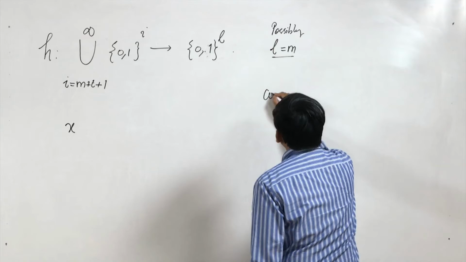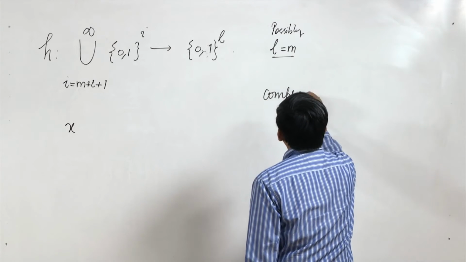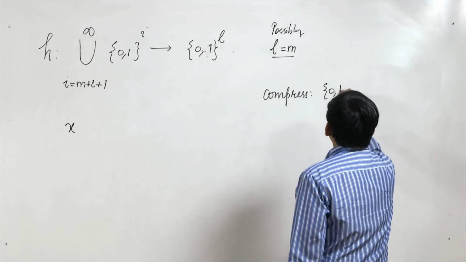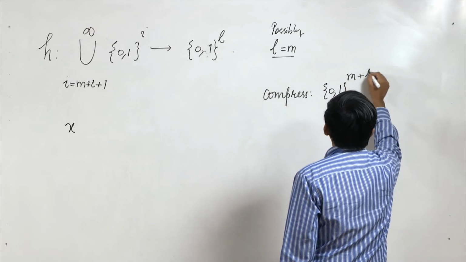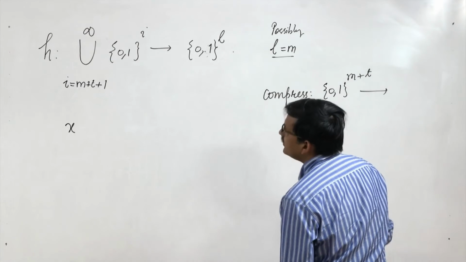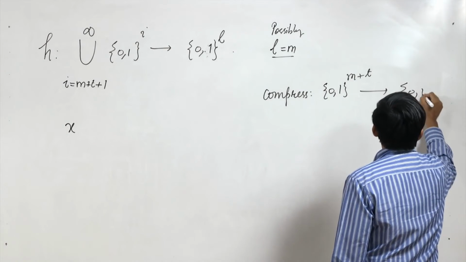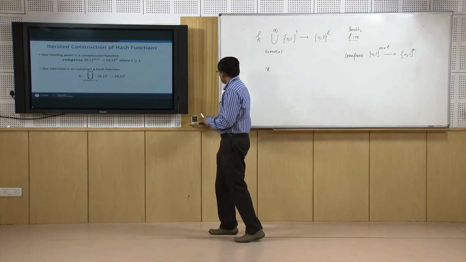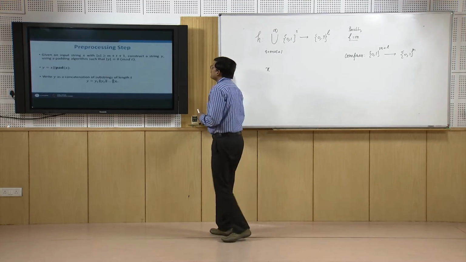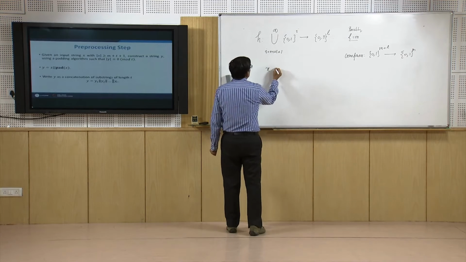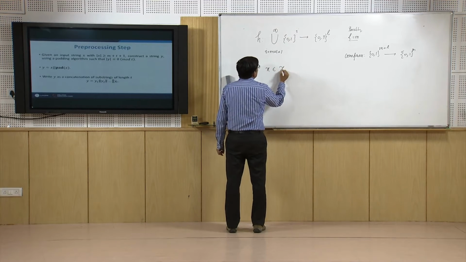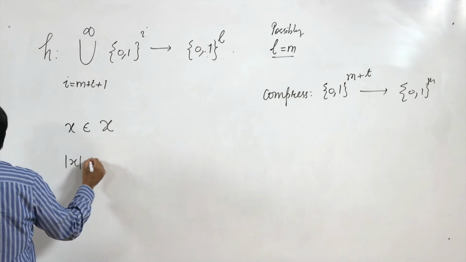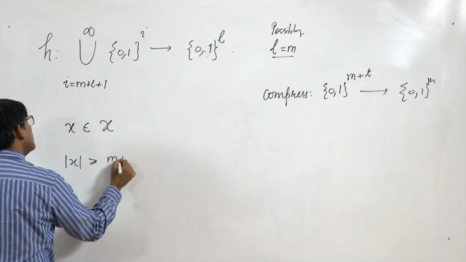Compress goes from {0,1}^(m+t) to {0,1}^m, and here x is an element in X such that the length of x is greater than or equal to m plus t